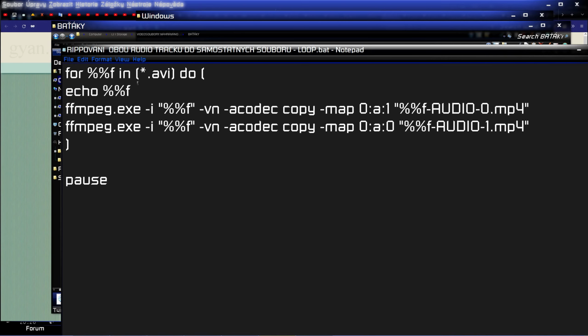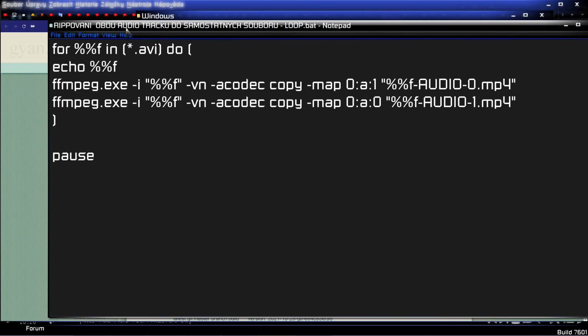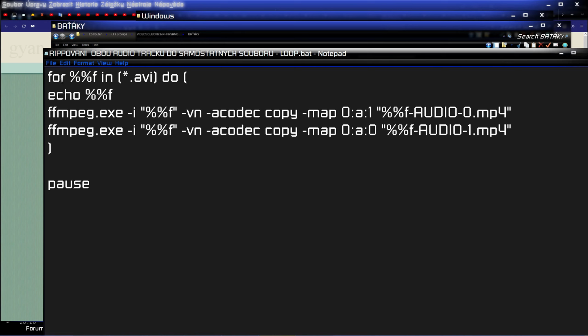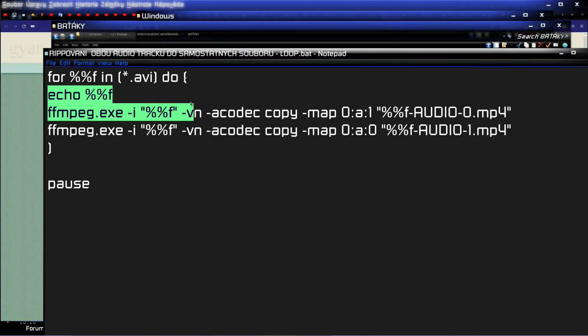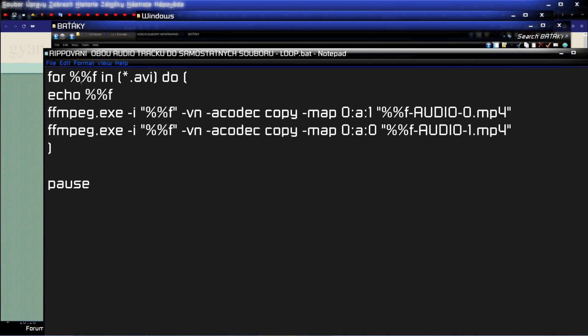So this one is basically a very basic block of code at this point. This is a for loop, which means for this is a variable for a name of the file in a wildcard AVI. Do something for each file that is an AVI file in the same folder. Do whatever is in the brackets here. So it will go through all the AVI files in a folder, and then it will do what these brackets